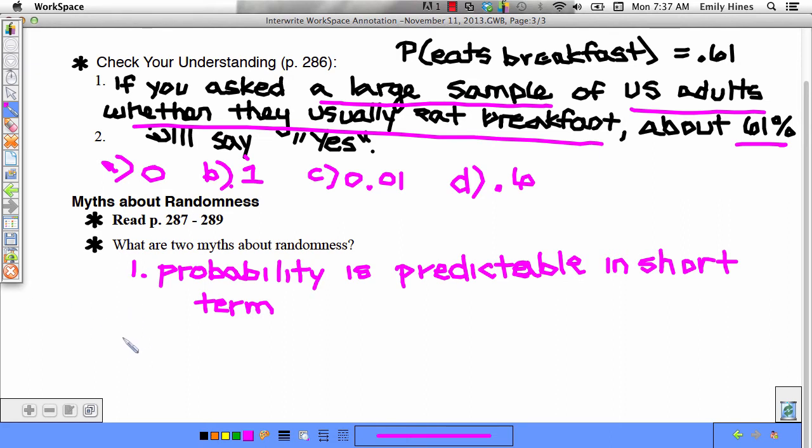Okay? The other myth about randomness and probability is the law of averages. The law of averages says that everything has to even out in the end. There is a great example about a couple,